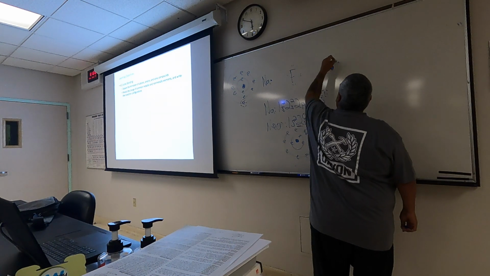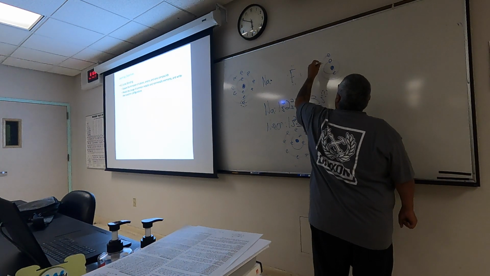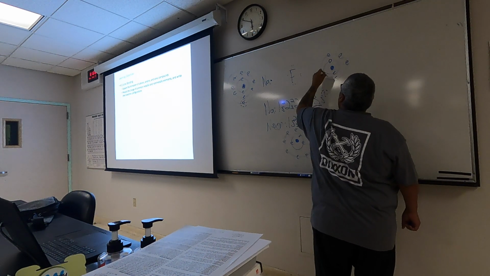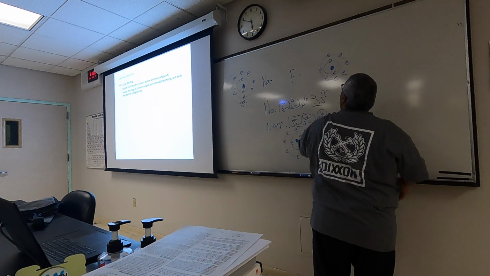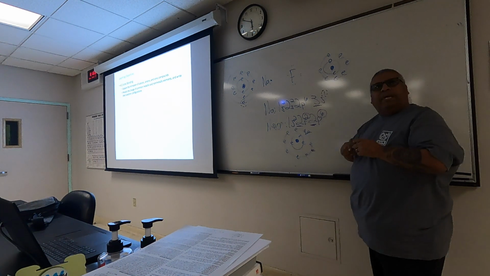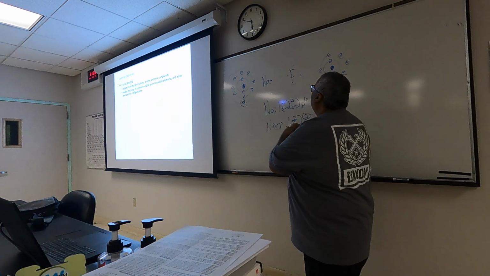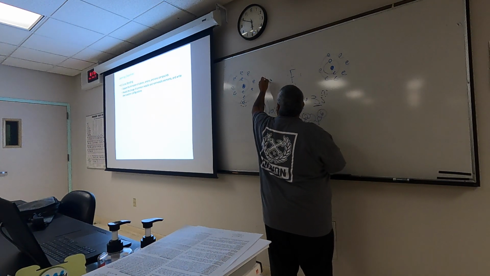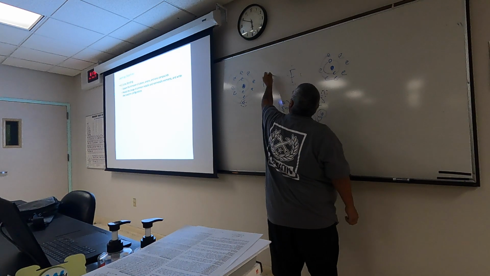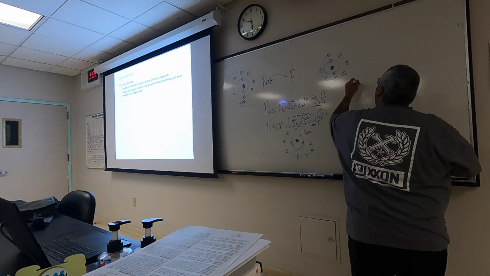So here's fluorine, energy level 1, energy level 2, 1, 2, 3, 4, 5, 6, 7. So fluorine has not fulfilled its octet rule. But this electron here, if sodium donates that 1 electron, and ionic bonding